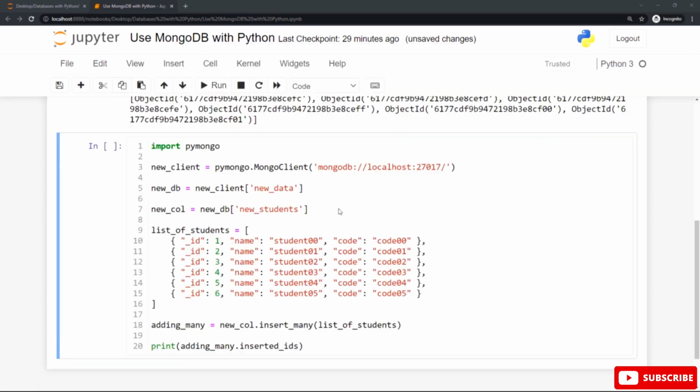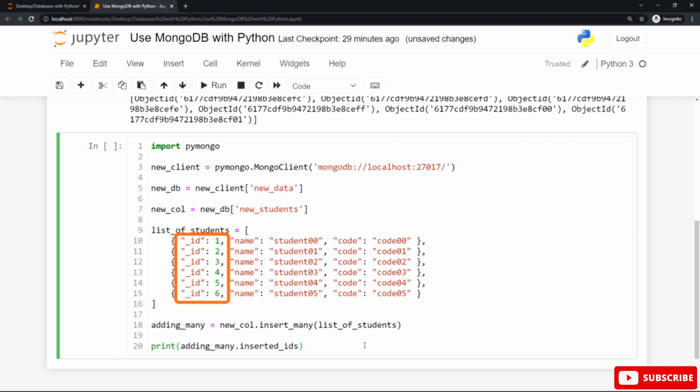Let's go to the Jupyter Notebook again, and you can see we have another example here. In this example, we specify the ID number for each document. The ID for the first document is 1, the second document is 2, the third document is 3, and so on, and the last one equals 6.